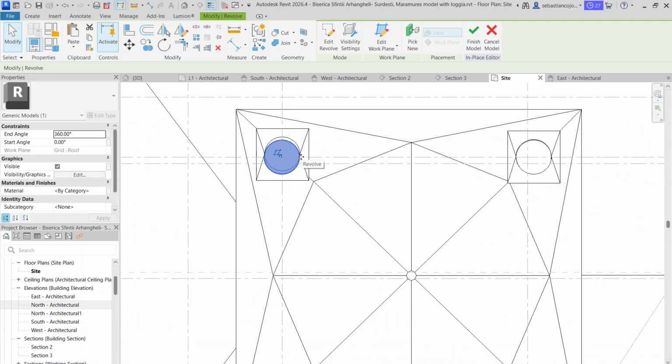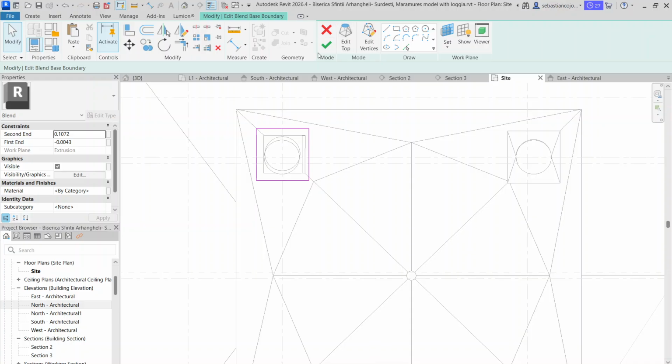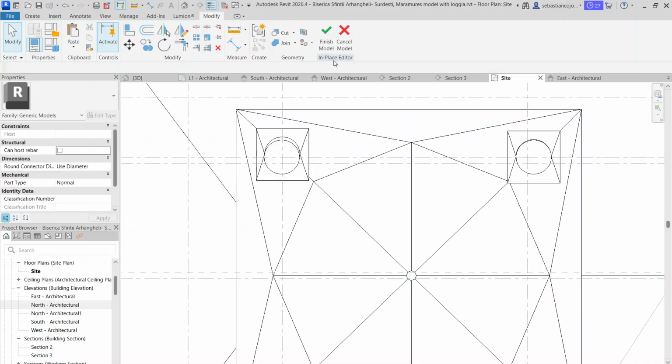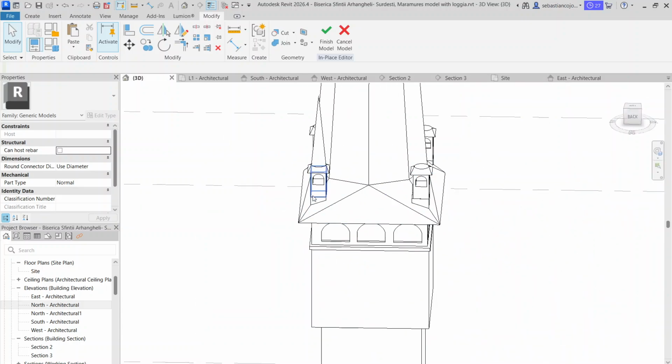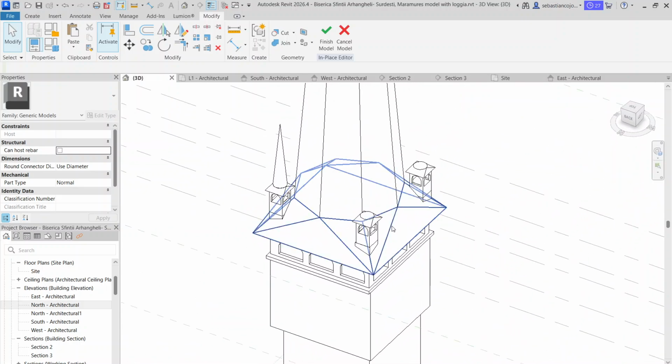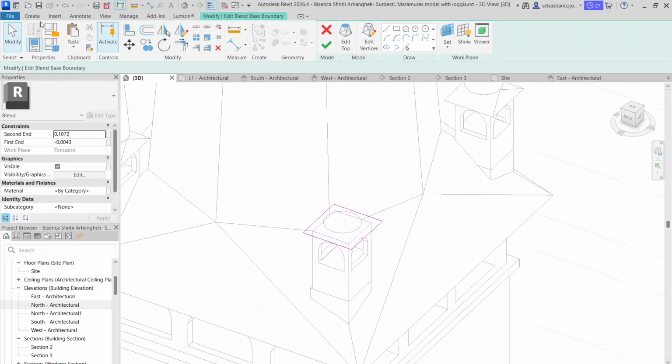Oh, it doesn't work that easy. I'll actually get rid of this. Let me check the other method. I told you I have the cone and I have